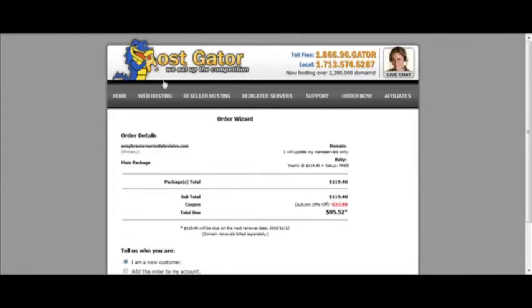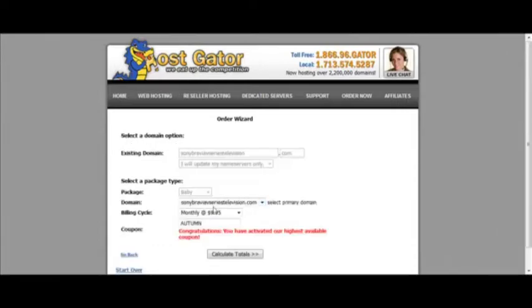So for about 7 something a month all at once, you can get the HostGator unlimited baby package. So that's something else for you to consider, if you're going to set it up that way, where you're just going to bill yearly. But monthly is fine as well if you're just setting up. But if you really want to maximize that discount, you might go with the yearly option. So now after that, just choose calculate totals,